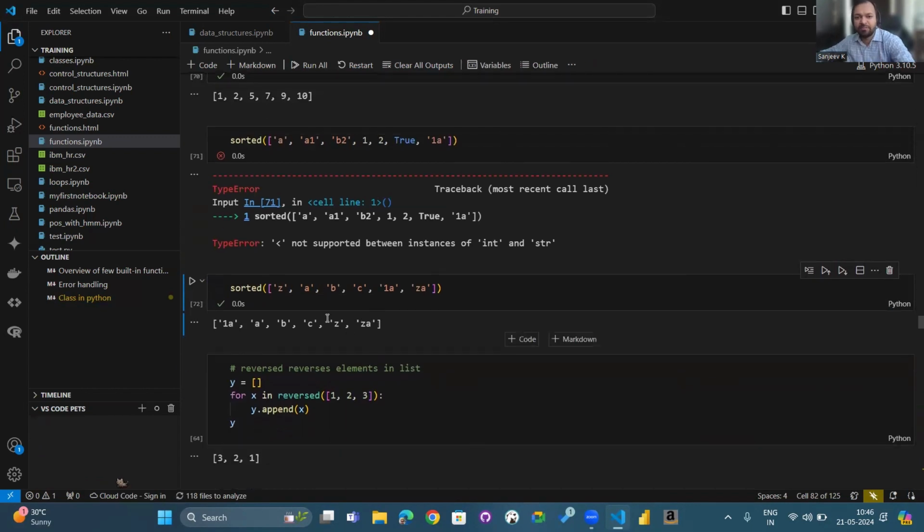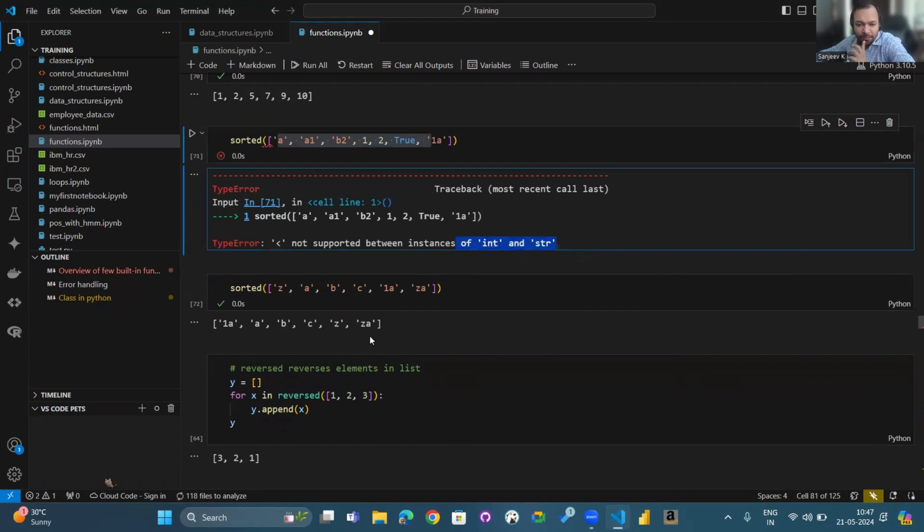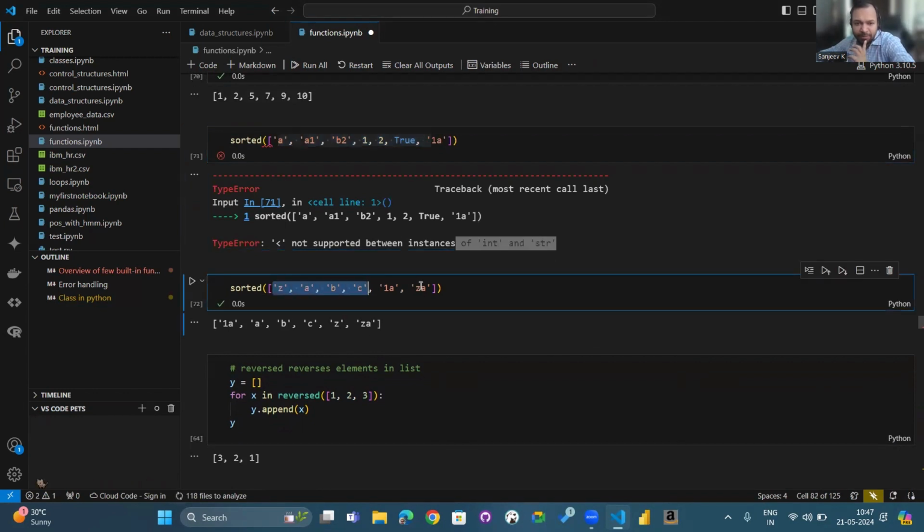So now in this case, it has sorted in a proper way. Whenever you have a mixture of data types, the sorted function might not work because it fails to understand between integer and string. But if all of them are similar data types, all of them are strings,